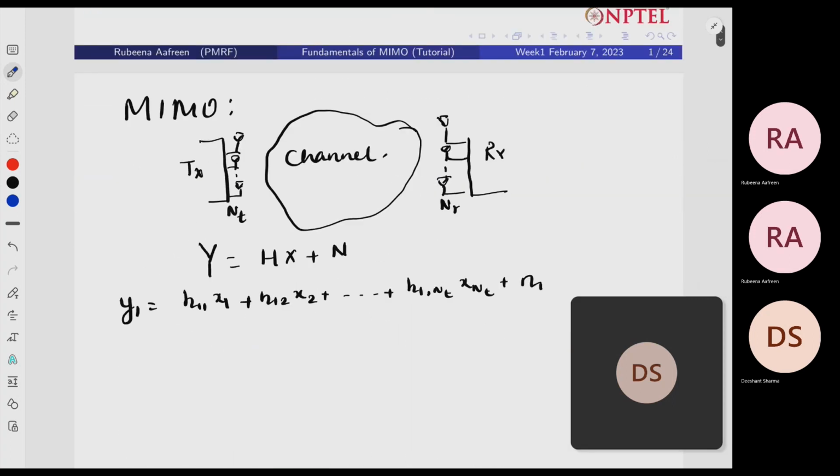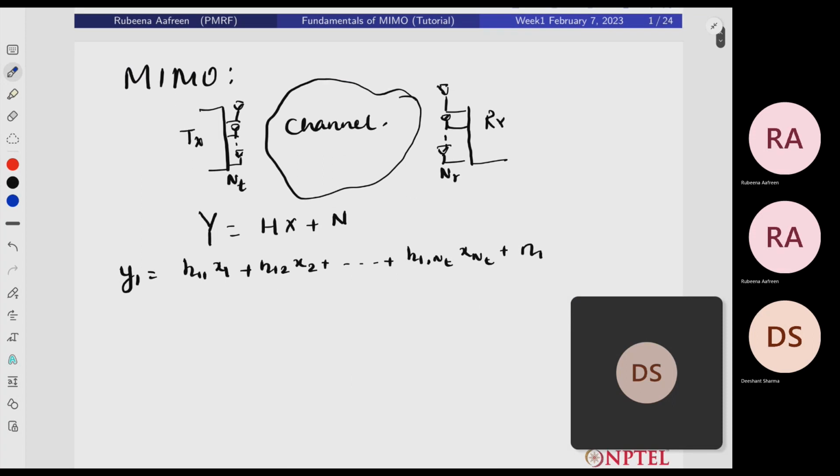So to start with, we will be first seeing what MIMO is. MIMO is basically multi-input, multi-output communication, where we have multiple transmitters and multiple receivers. So in this diagram, as you can see,